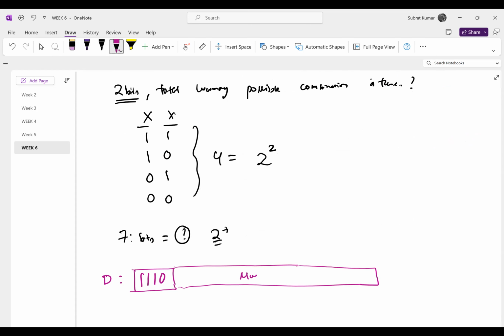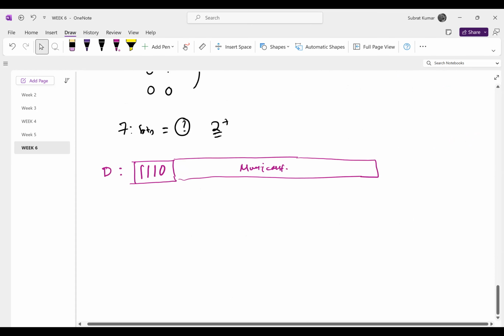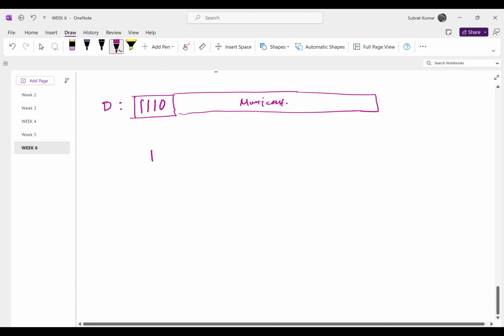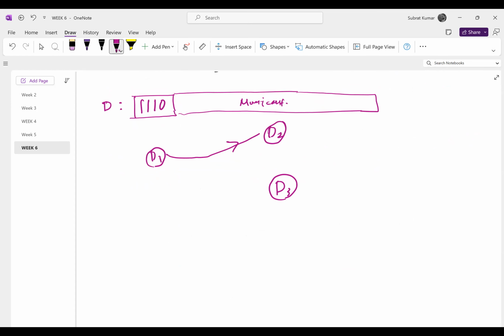Multicast. So the difference between unicast and multicast is that in unicast, there is device 1, device 2, and device 3. If I am sending only to device 2, that is unicast. If I am sending to device 2 as well as device 3 at the same time, that is called